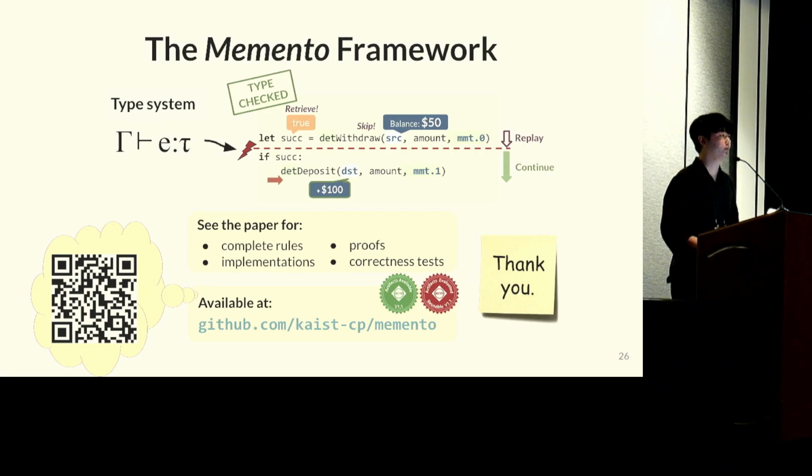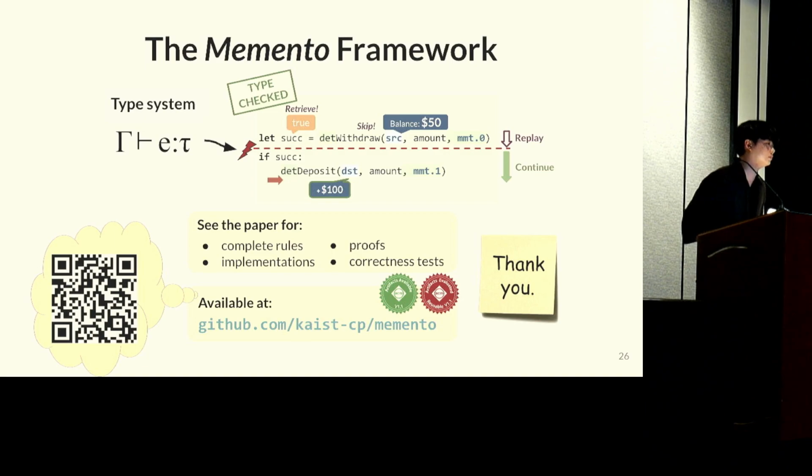Hi, thanks for the talk. Rupanshu from Stanford. If I understand correctly, if I want to use Memento for my program, I will have to change a lot of lines of code to add the checkpoint primitive and so on. Is there any way to automatically do that without the user having to change the program in lots of places?